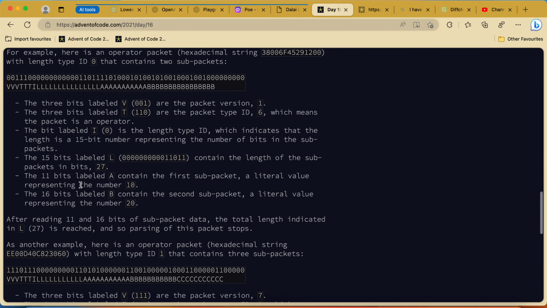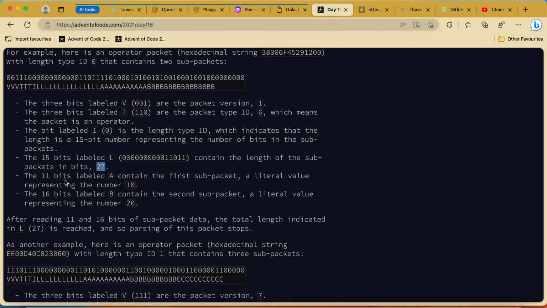The bit labeled I is the length type ID, which indicates that the length is 15 bits because it's 0, and we're counting 15 bits that contain the length of the sub-packets in bits, and here there are 27 bits.